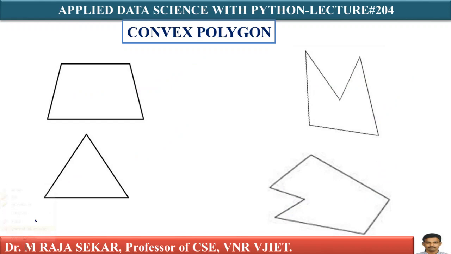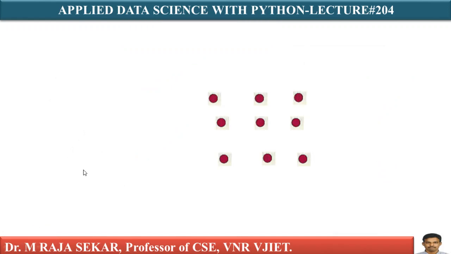Once you understand what is convex polygon, now we will try to understand what is convex hull. A convex hull is, given a bunch of points, if you can build the smallest convex polygon that has every point either inside the convex polygon or on the convex polygon. Say I can build a polygon like this, so that all the points are inside this polygon or are on the polygon. Therefore, I can say this is a convex hull.